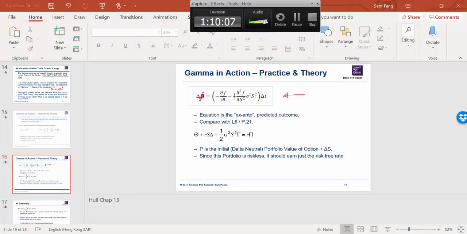But if you change this to P, then you don't have that confusion. So this pi here is for a derivative. That's why I say here P, capital P, is the delta neutral portfolio of the value of the option plus some stocks. Okay,